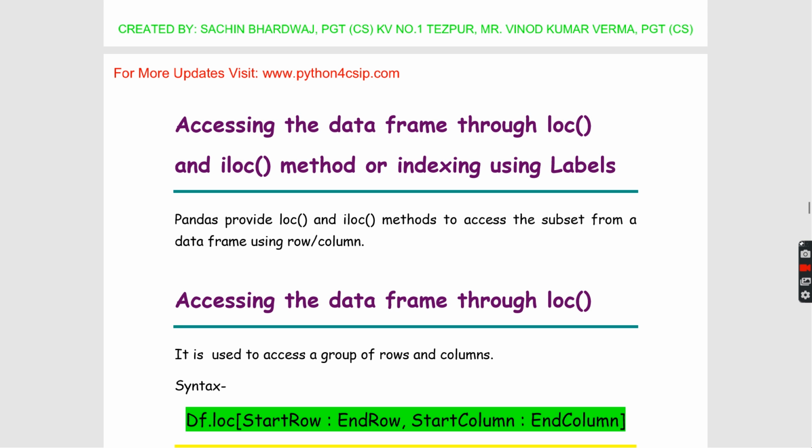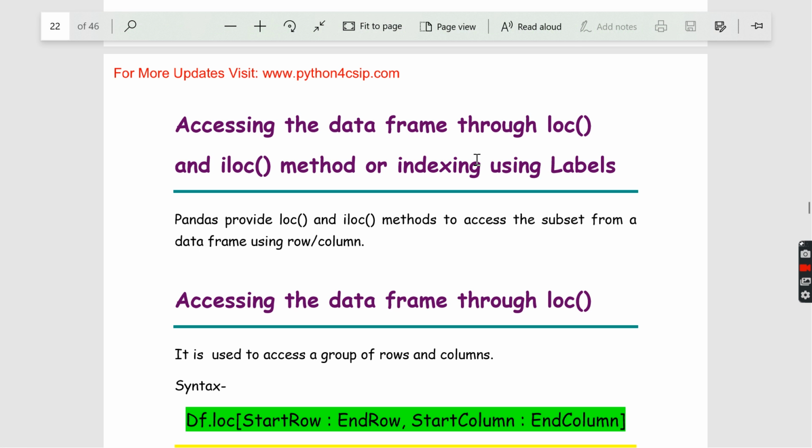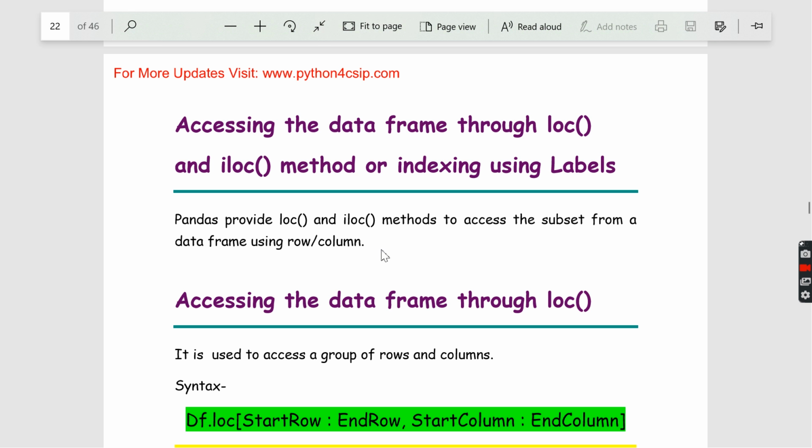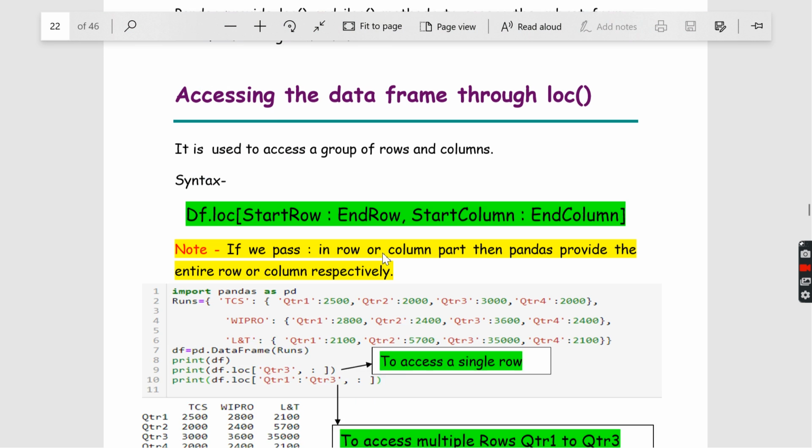Here we are just going to see how to access the data frame through loc and iloc. Both of these have already been derived in series also. In series, how you locate those items is like the slicing we have done, right? Similarly, we are going to do the same thing in data frame. Using loc and iloc methods, we will see how to slice the data frame items, rows and columns. That's what we are going to see today.